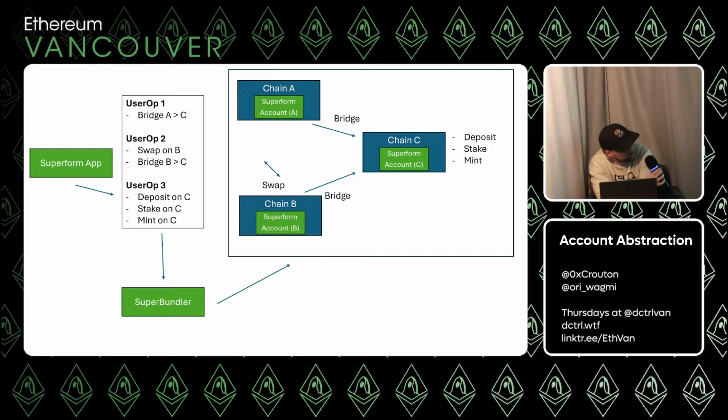Or whatever you want. Maybe Superform has a special way of signing it, because again, this is your Superform account. The signature doesn't need to work anywhere else. It just needs to work for you guys. Maybe there's a secret that you pass across everything that you've baked in. The trivial thing is your Superform account says, hey, if Super Bundler says you can do it, then you can do it. Maybe all the trust is there, and it's not super secure, but it's something you can do because you have it so tightly integrated.